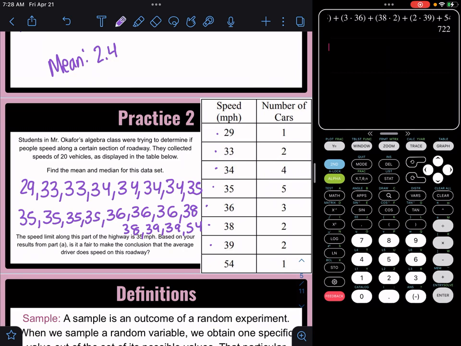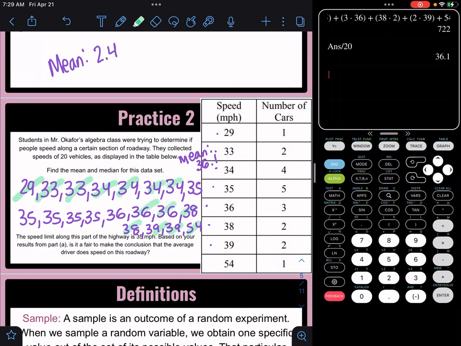And we divide that by the 20. Alright, so our mean would be 36.1. And now to find the median, we cross off 1 2 3, 1 2 3, 1 2, 1 2,